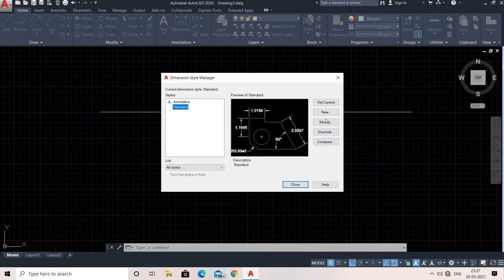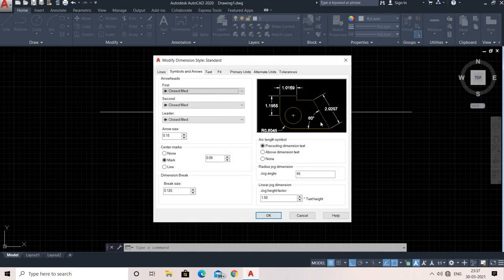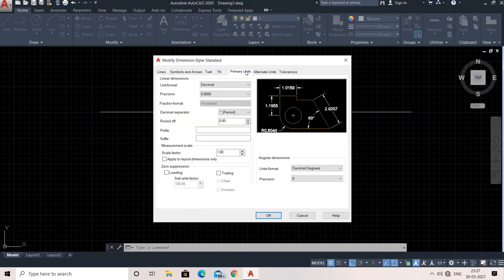So here what you need to do, you just go to the modify panel, modify, just go and click it here. In which you are working in decimal, meaning meter or mm. You are using the smallest unit as mm, millimeter. So it should be in decimal, it is correct.